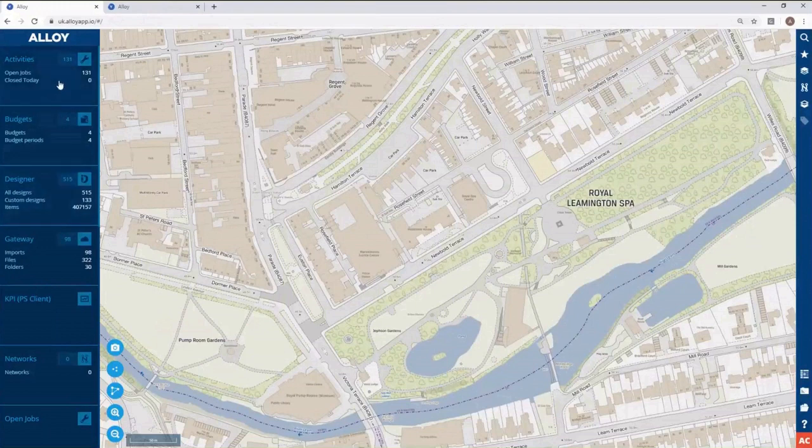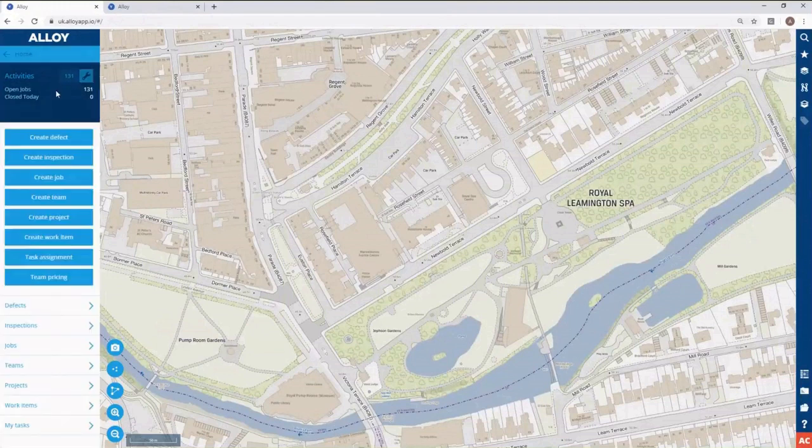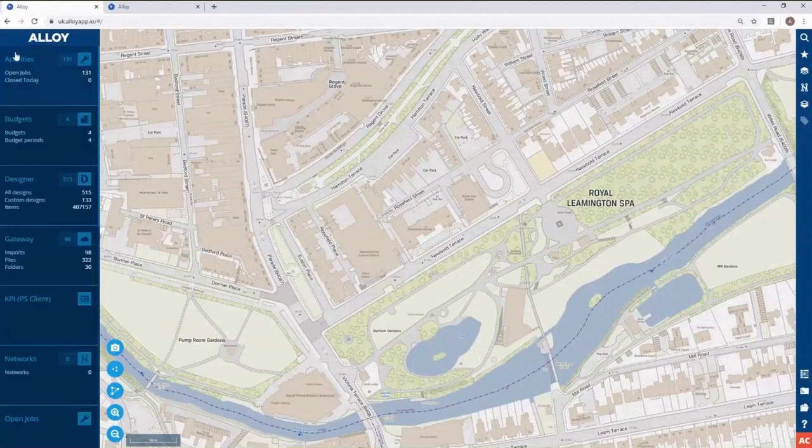And these cards serve a dual purpose. Not only are they giving you these dashboard stats, but behind them, you can actually set up functions. So if we come into the activities card, from here, we can create defects, inspections and jobs. We can look at team management, project management, assigning tasks, team pricing, and so on and so forth. So these are almost little module cards that you can configure within the system to give you information and carry out functions. The right-hand side of the screen is far more to do with viewing your assets, your services, and your management information in more detail, and also understanding the environment within which your assets and